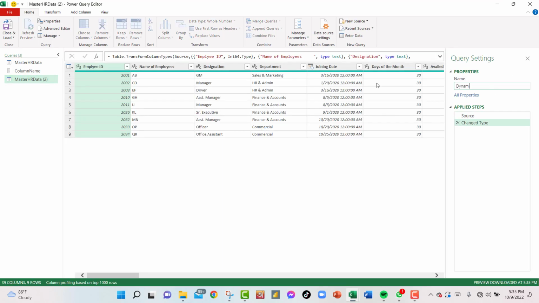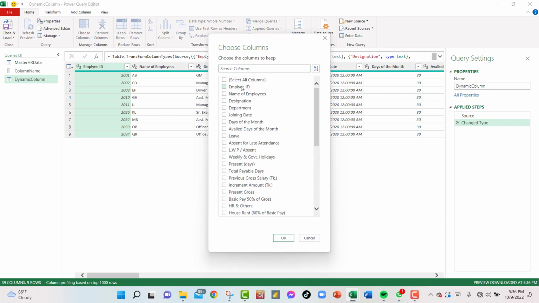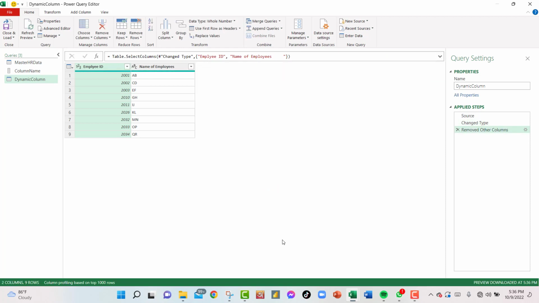So this is the dynamic column query here, right? So I will select choose columns from here and only select the columns I want, right? Maybe these two, employee ID and name of employees. I will press OK. Now you can see only two columns are there, but if you go to the M code,